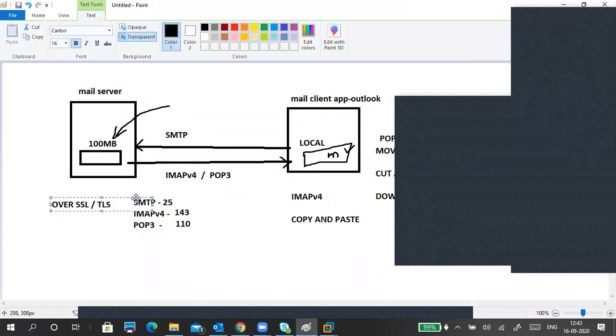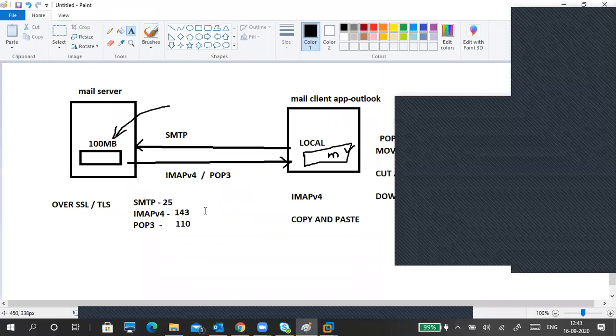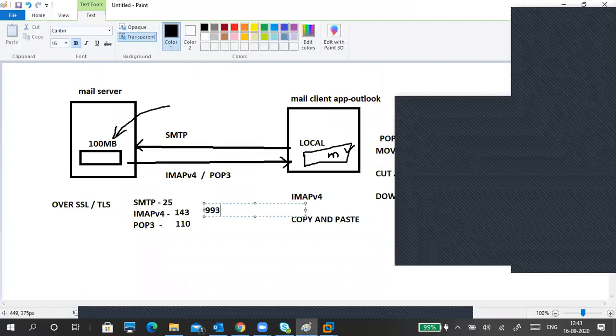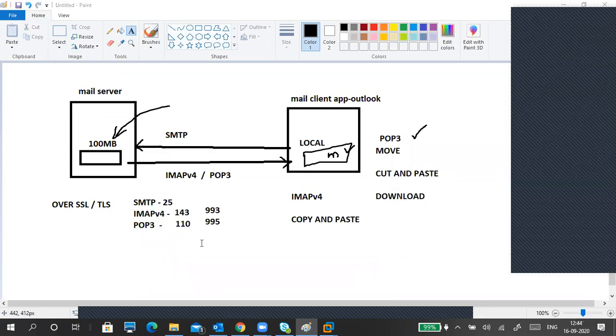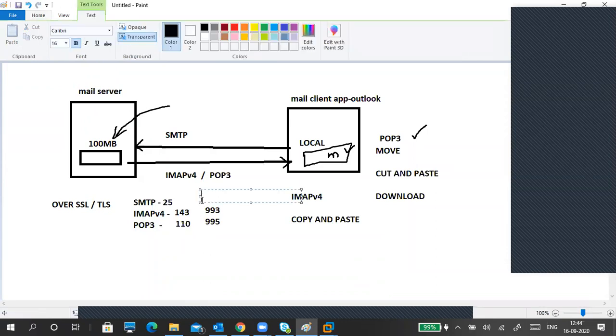So here Gmail usually uses SSL and TLS protocols only. So here it uses 993, and here it is using 995, on IMAP version 4. And not only this one, some are using different ones depending upon server configuration. The port numbers vary. So remember, guys, port number varies depending upon server configuration. Here two ports are there, over SSL and over TLS. So I'm going to show you that one.